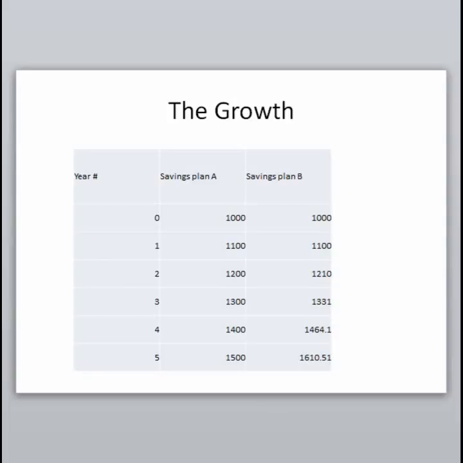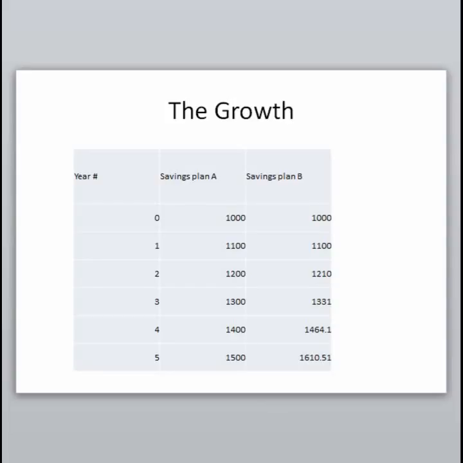For savings plan B, we're going up by 10%. So if we take the 1,000 and multiply it times 1 plus 0.10, that's adding 10%, we get 1,100. If we multiply that 1,100 again by 1 plus 0.10, we get 1,210. So the first year, 10% of 1,000 was $100, so we added $100. But now we have $1,100, and 10% of 1,100 is $110. So we go up by a little bit more. Then we increase it by 10% again, and 10%, and then 10%. You can see after 5 years, we're at